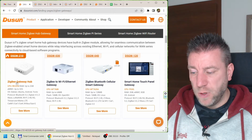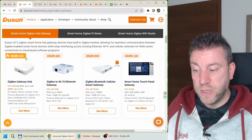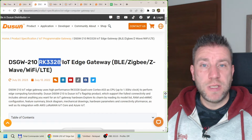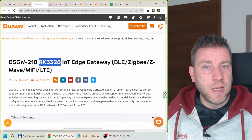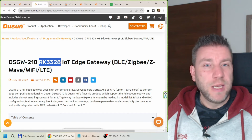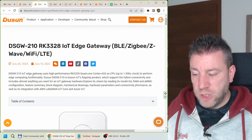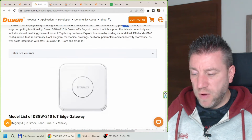So I'm going to focus on this Zigbee Gateway hub, which is the DSGW-210. And as you can see on the next page, this is again the DSGW-210, and it uses this system on chip. So this is the CPU of the machine, and it's a ROC chip. It is a different manufacturer to the CPU used by Raspberry Pi, but it has similar performance as the Raspberry Pi. And you can see the various protocols that are supported, and these are available in the various variants of the machine. Yeah, you can see that it's a Cortex A33 CPU running at 1.5 gigahertz,